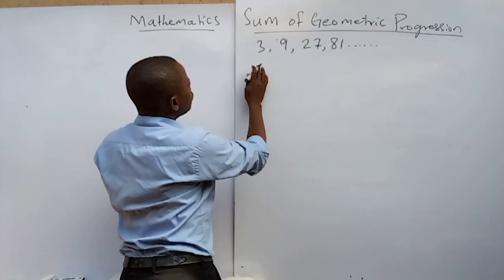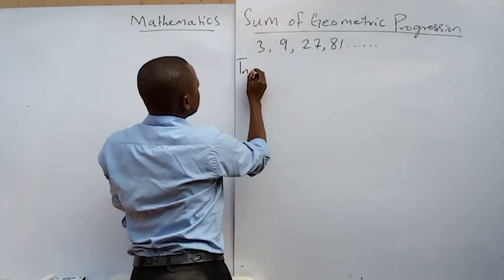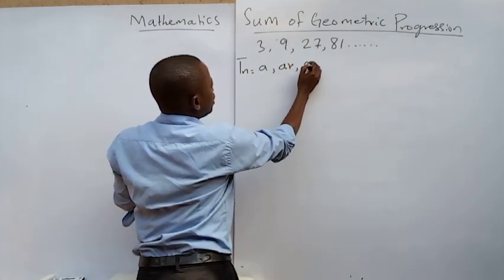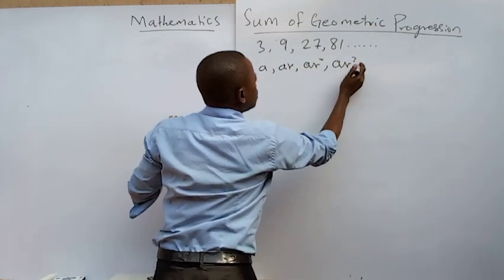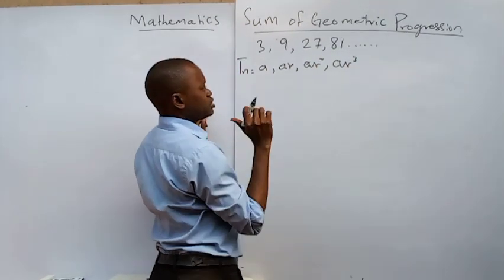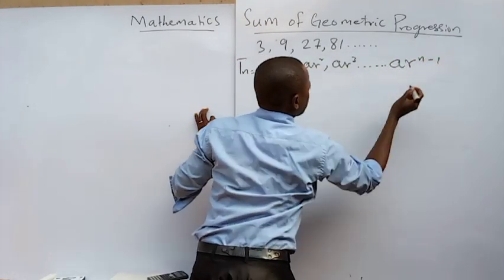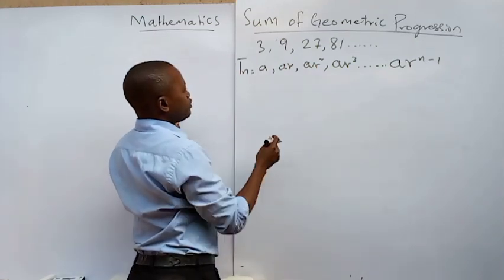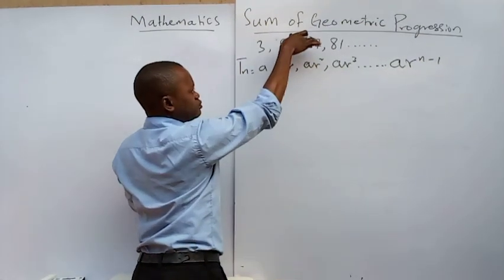So we have already said that let this Tn, this one will be the first term A, and this one will be AR, this one will be AR squared, this one will be AR raised to the power 3. And in the introduction to geometric progression, I explained this. Please, you can check that as well. And this will continue down to AR raised to the power n minus 1. Now, it means that if I want to add these terms as they are, representing real